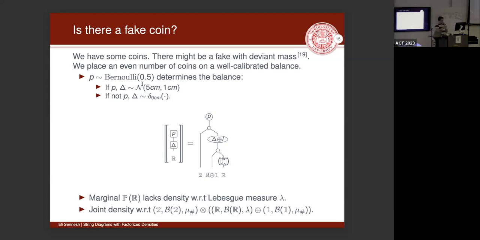But on the right side, what I actually see is that really I'm taking a direct sum, or depending on which category you're working in, it's either a coproduct or a direct sum. I'll explain later. Point being, what I actually have is a pairing of 2 morphisms, one being the Gaussian and the other being the delta, and these actually have different base measures.